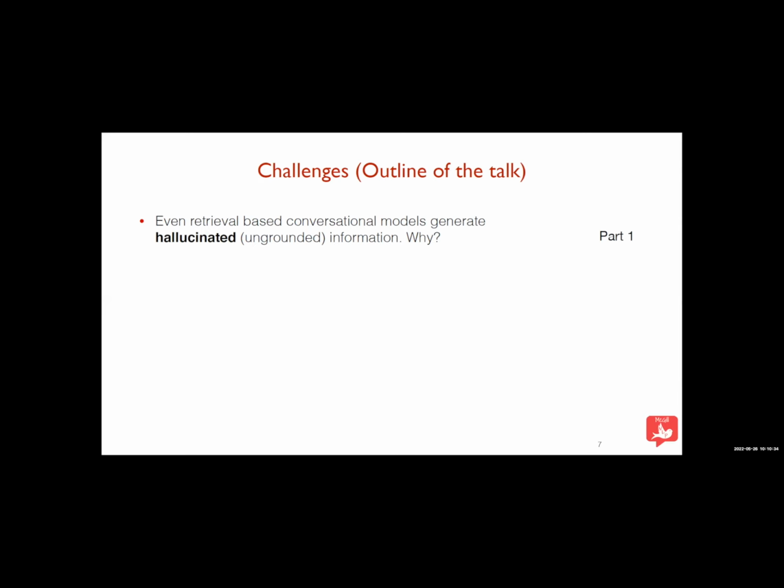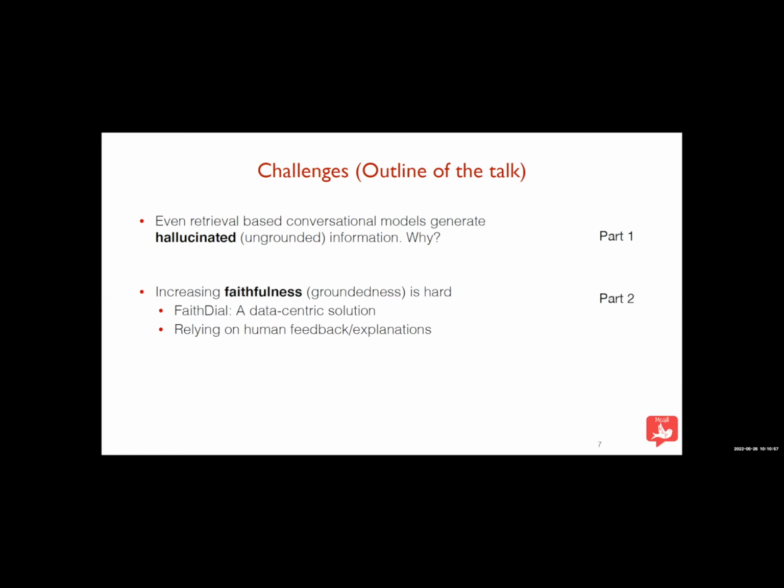The biggest challenge for us, I think, is to first evaluate how grounded our conversational models are. Even with retrieval, we observe that they have a lot of hallucinated information, and it's not clear why these models hallucinate. They produce unverifiable information. So we will look into that. That would be part one. We will also be looking into how we can build much more grounded models, how we can increase the faithfulness. I will be talking about two specific solutions. And the third one,